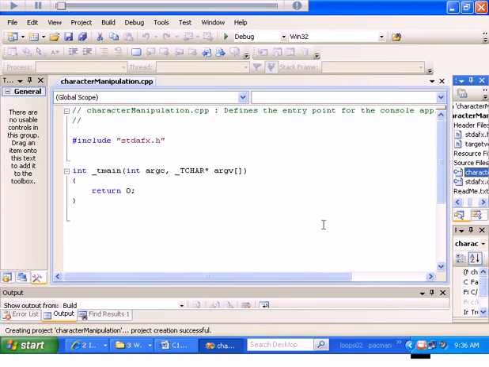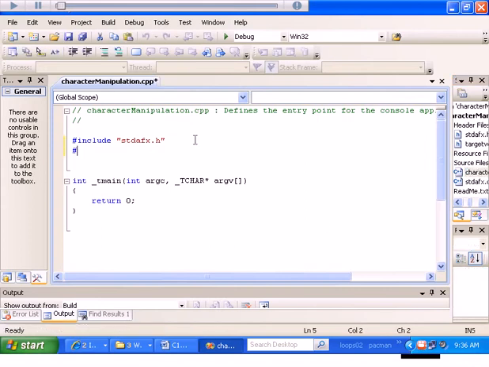In this tutorial, we are going to study how the basic characteristics of characters can be determined and also manipulated. So, first thing I'd like to do is start a program, and I'll say pound include